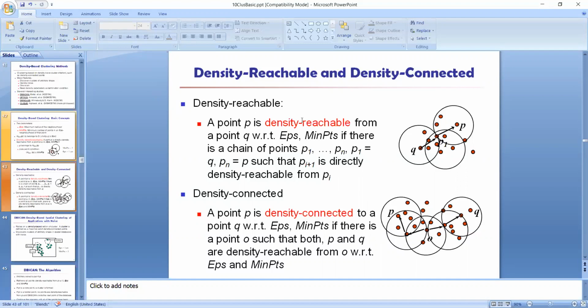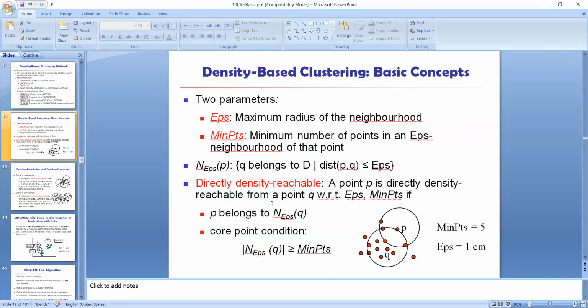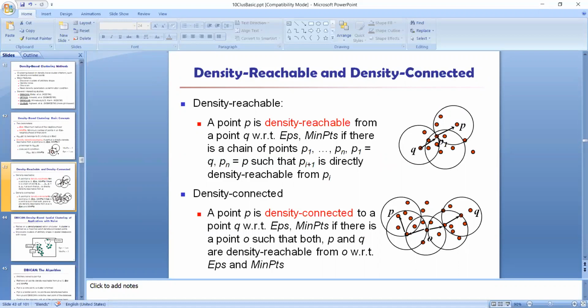Okay. So there are three definitions. One is directly density reachable. To become directly density reachable, that point must be a core point and this point must come within the neighborhood of that point. If it is density reachable, then through a chain of points in between, if it is reachable, then we can call it density reachable. Now density connected is if there is a point O that is density reachable from this point and this point, then I can tell that P and Q are density connected. So these are the terms related to